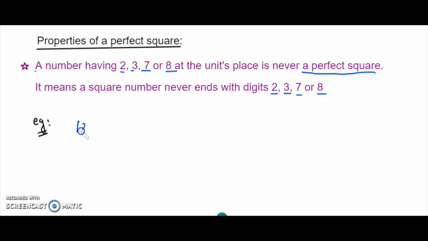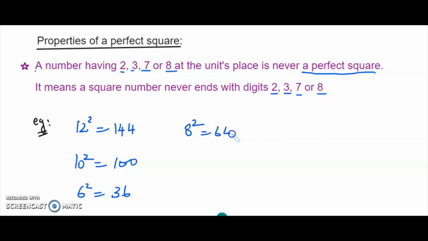Suppose I say 12 square, it's 144. 10 square is 100. 6 square is 36, right? 8 square is 64. 9 square is 81, right? 7 square is 49. So the last digits we get here are 4, 0, 6, and so on. So what the property is saying is that if I give you a number and tell you to check whether it is a perfect square or not,